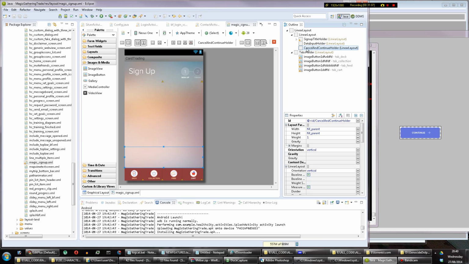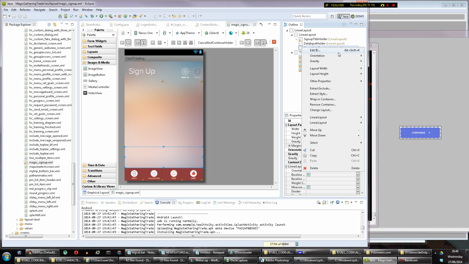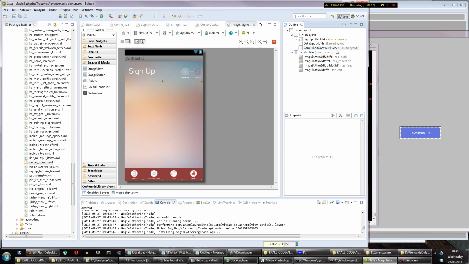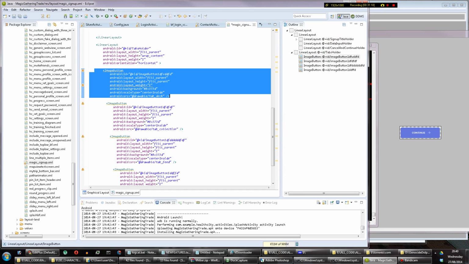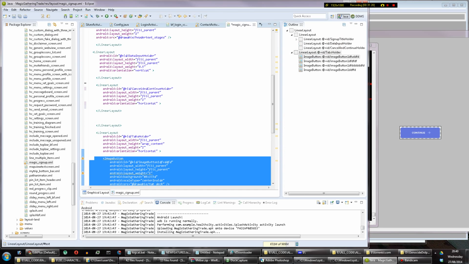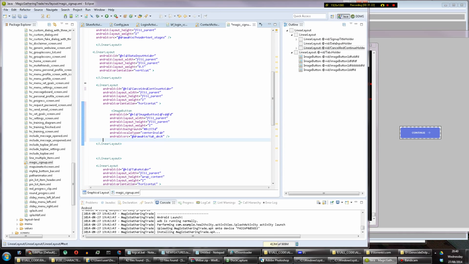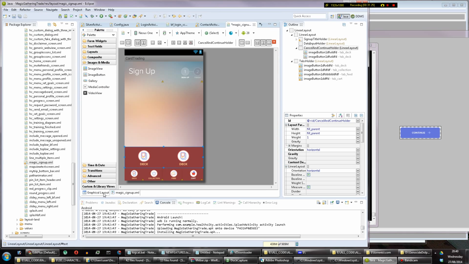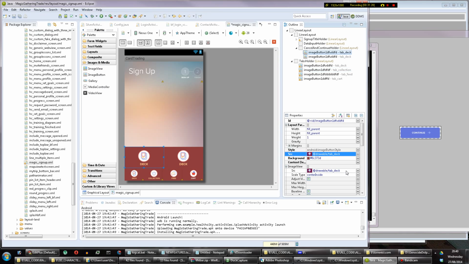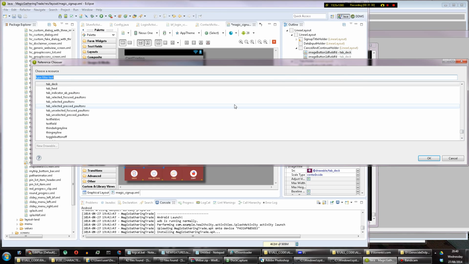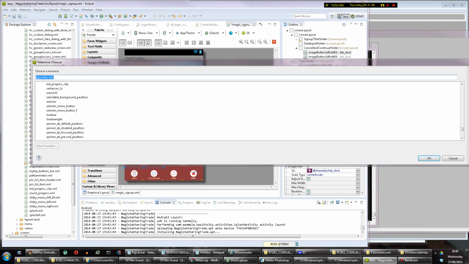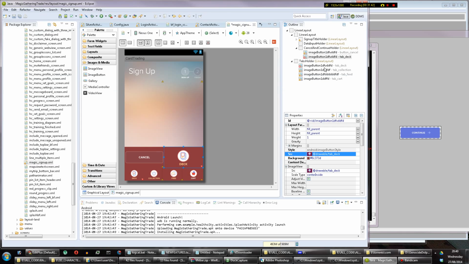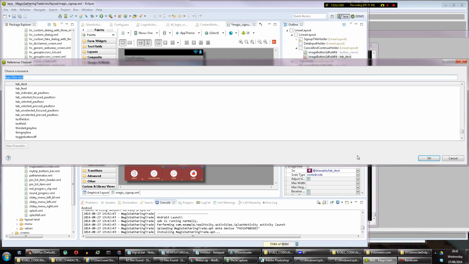You can see that this one is actually going down the way instead of across the way. It's vertical instead of horizontal, so change it to horizontal. And let's just copy one of the image buttons from down here because we don't want to go through that pain again. Drop two of them in, like that. Right, and now just change the image on them. Go to the source and type, what is it, tab, oh no, not tab, button. Button cancel, button continue,